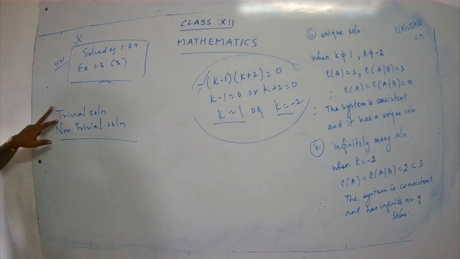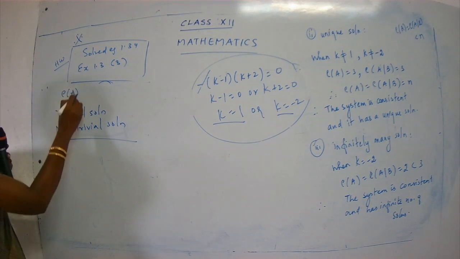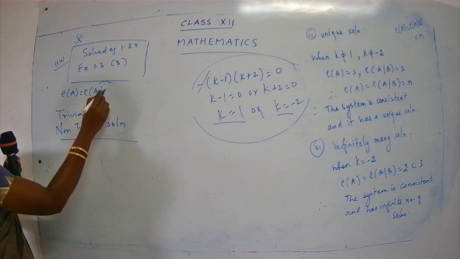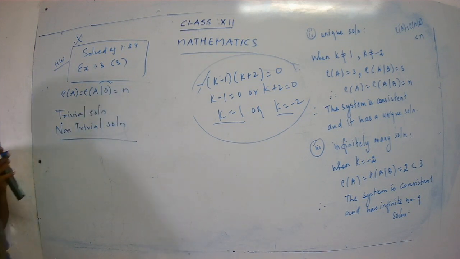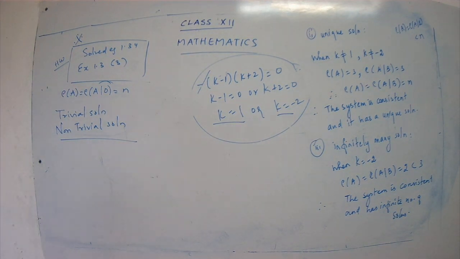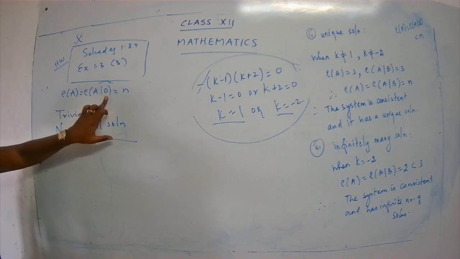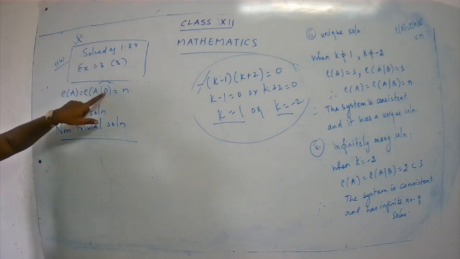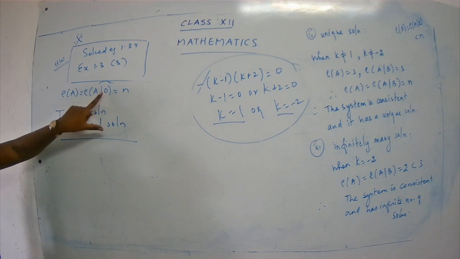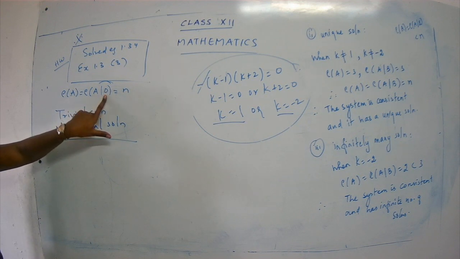When you say it is having a trivial solution, just see page 43. If the rank of A is equal to rank of AO is equal to n. See the case, children. If rank of A is equal to rank of AO. Now why am I using AO here? Why am I not writing AB? Yes, I am writing O because the B matrix is a zero matrix. For a zero matrix, I can just put 0 instead of writing B.